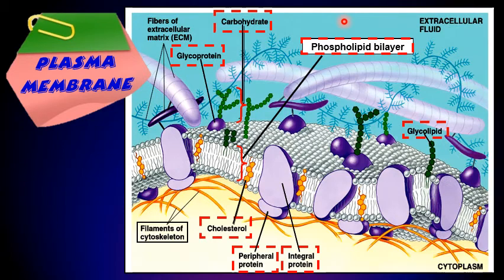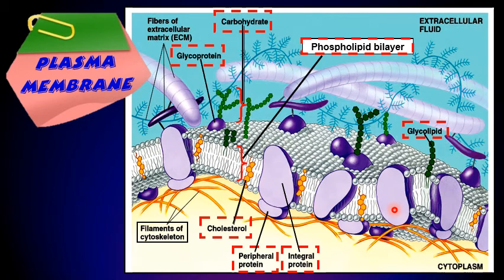So, the term fluid comes from the phospholipids and the proteins, which can move laterally or move side to side. And the term mosaic comes from the proteins which are embedded in the phospholipid bilayer, like mosaic tiles embedded in the mortar. Plasma membrane is an amphipathic molecule, as it has both hydrophobic regions and hydrophilic regions. Plasma membrane has four major components which are phospholipid bilayer,